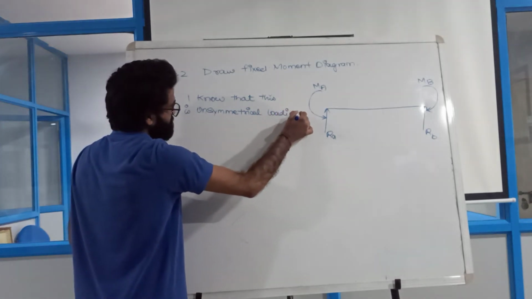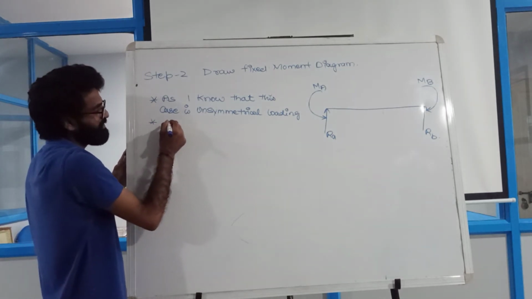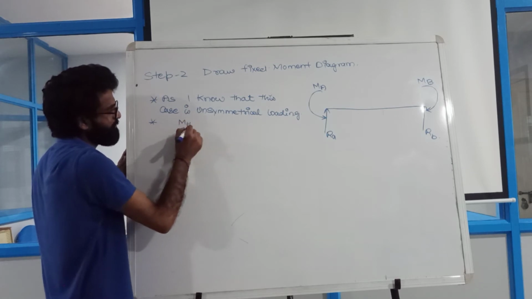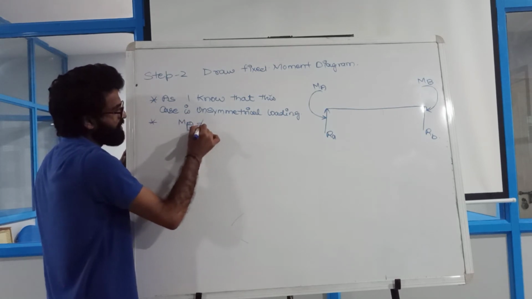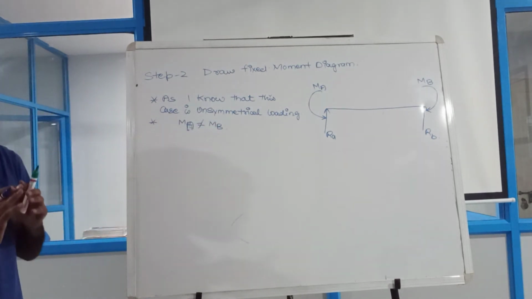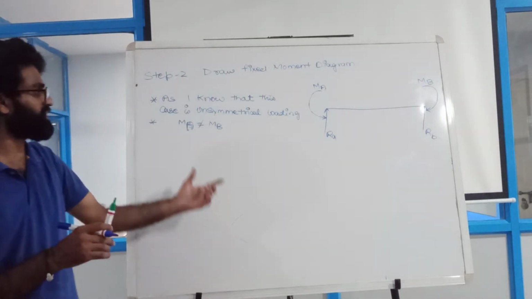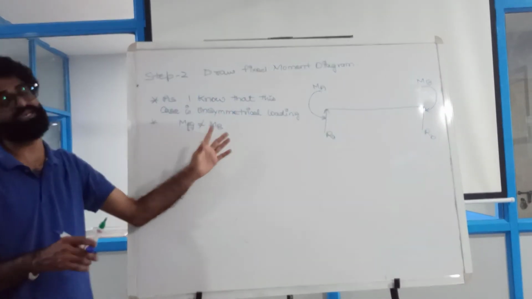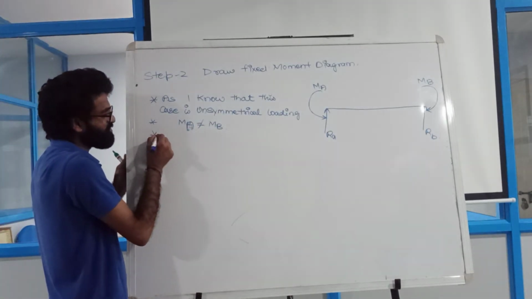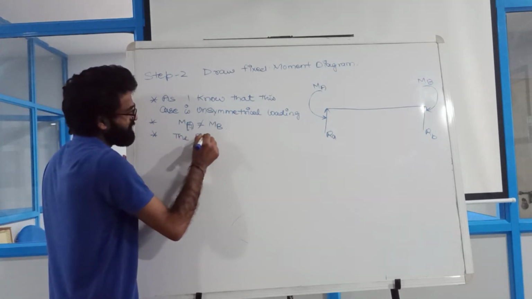So in the unsymmetrical loading case, what is the important point? Therefore MA is not equal to MB. It means that the MA and MB values are not equal to each other. If we see the symmetrical loading case, in the symmetrical loading case, MA is always equal to MB. And another important point is that the bending moment diagram is going to become